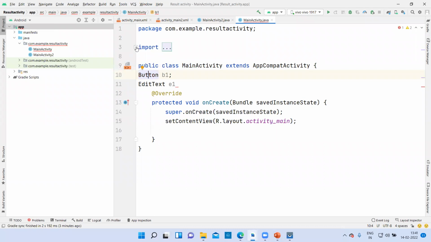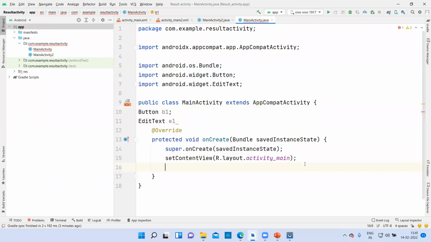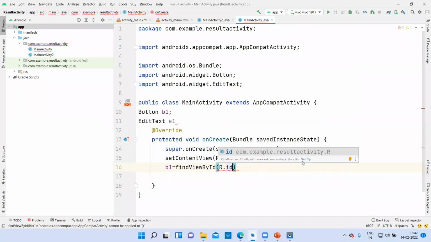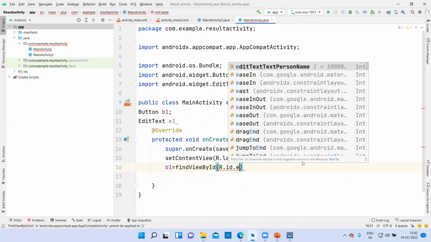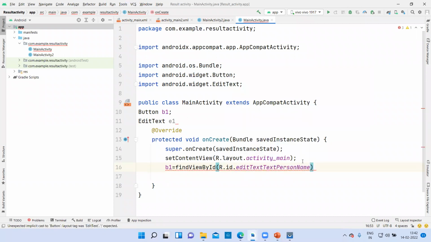It is imported now. You can see above. Now let us do this. B1 is equal to find view by ID R.id.edit text.